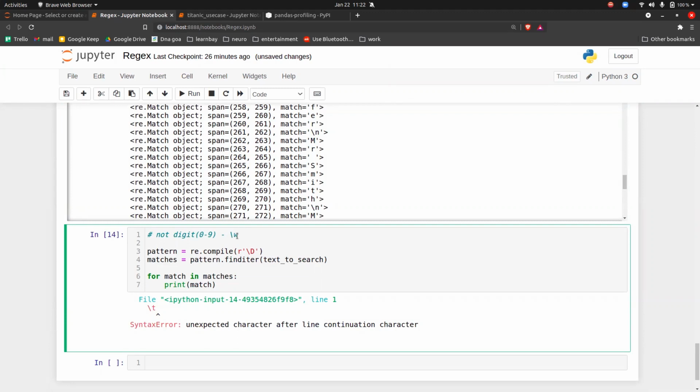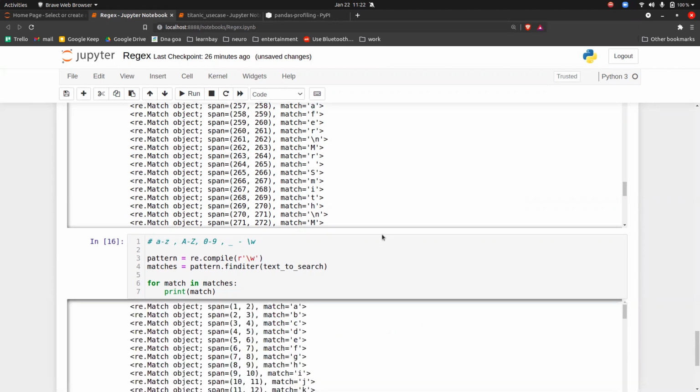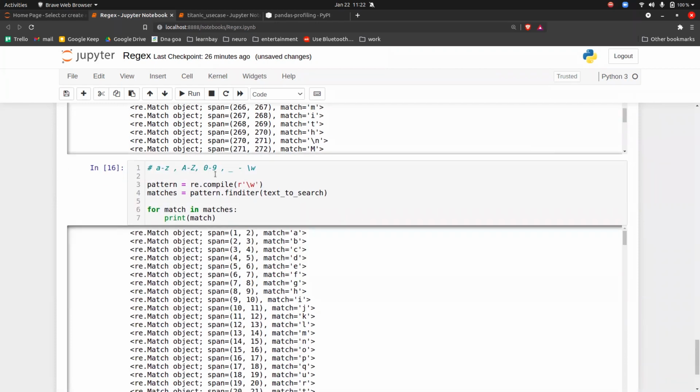Which characters are included in word characters, guys? Small a to z, capital A to Z, 0 to 9, and underscore. So when you put slash w, it will extract only these characters that are present in word characters. If you put slash w here and execute it, whatever is here, you will only see those characters.